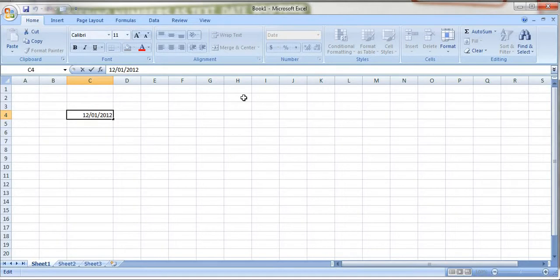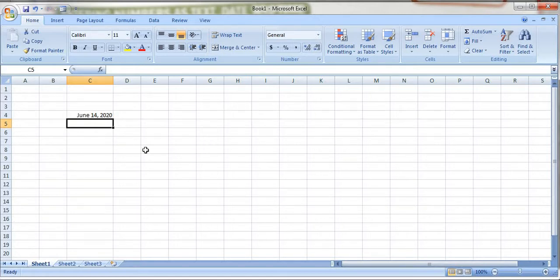See, 12 can be 14 if the date is 14, and I can change the month according to the month, the 6th month, and 2020 I want to write. So like this, see, 14 June 2020 was written here. If you set the format in the beginning before writing the date, then it's okay. Otherwise later on if I select and then write the date, it will be like this. This is the process for that.